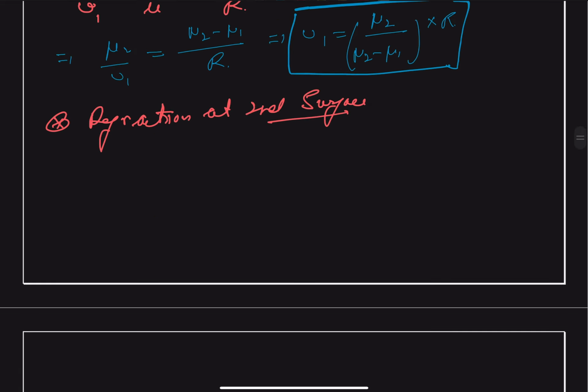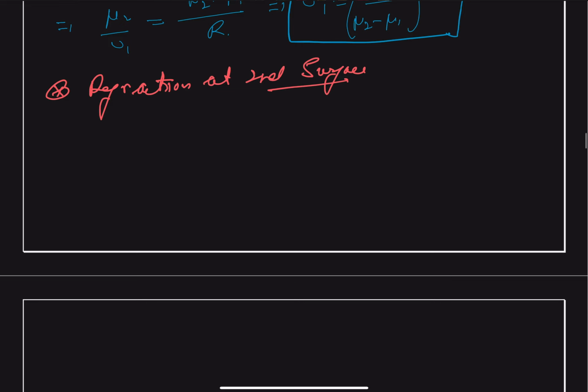Now we can combine both the surfaces and get an approximate figure for that. So we have two surfaces. For the first surface we already found out, so this is our second surface,